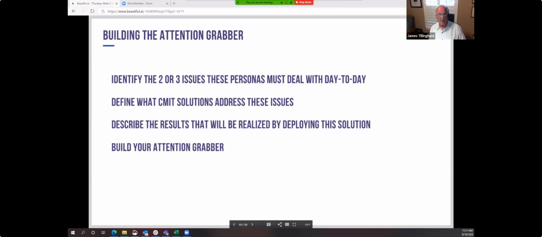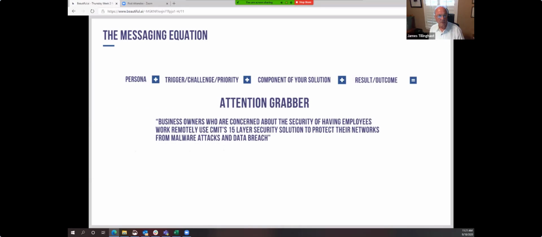I'm going to use a tool here in just a minute to show you how to work that, and we're going to go through an exercise using your information that you've already captured and gathered to build out an example or two of your message and your attention grabber. So the next step, if we look at the next slide here, Chris,